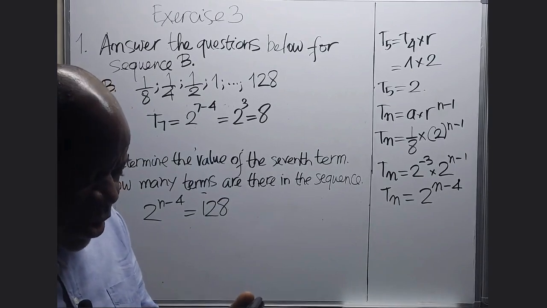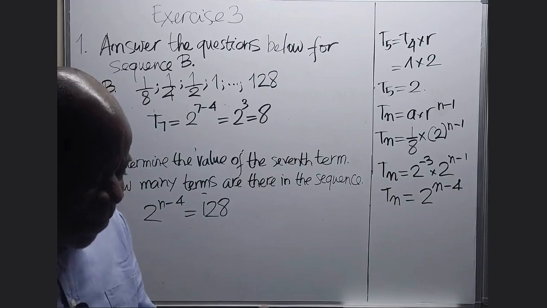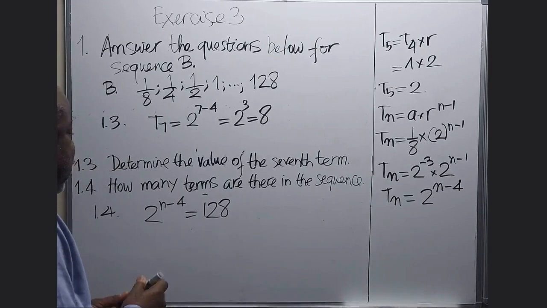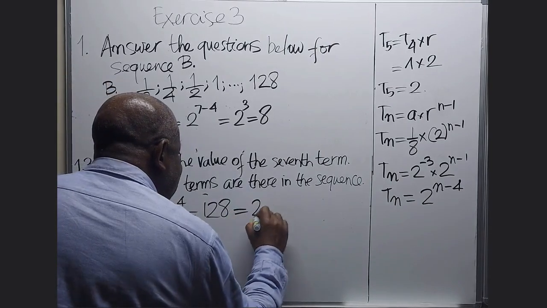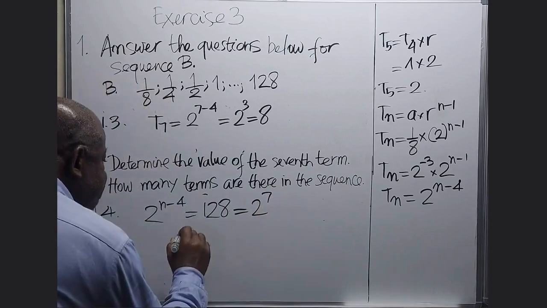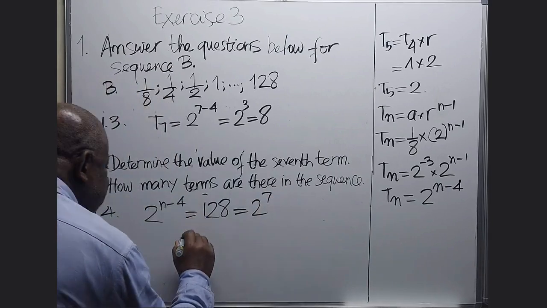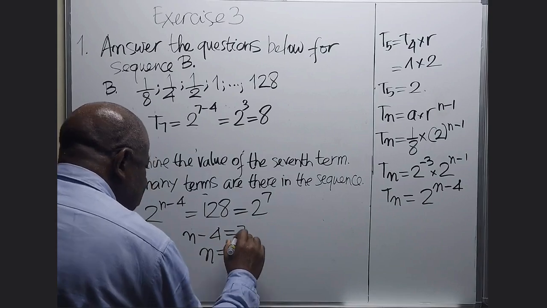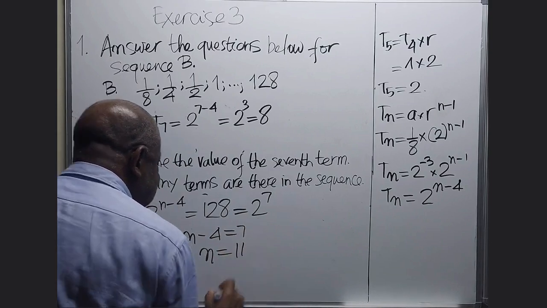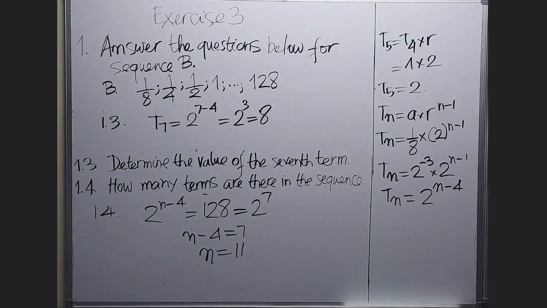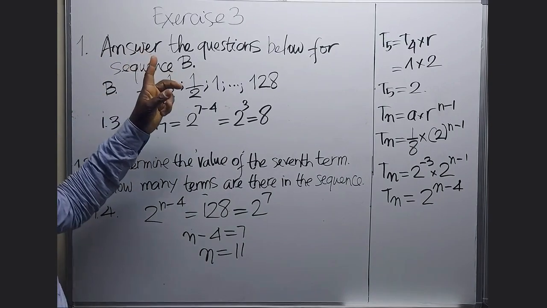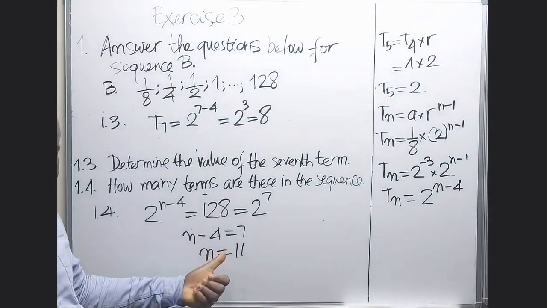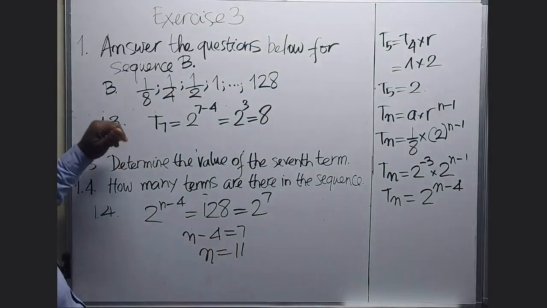And using our calculator, 128 is 2 to the power of 7. So we're getting that this will be equal to 2 to the power of 7, and n minus 4 will be equal to 7. And our n will be 7 plus 4, 11. So the number of terms we're having in our geometric sequence is 11. N is equal to 11. So we have practically covered this